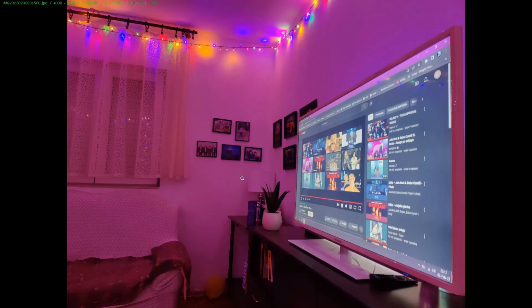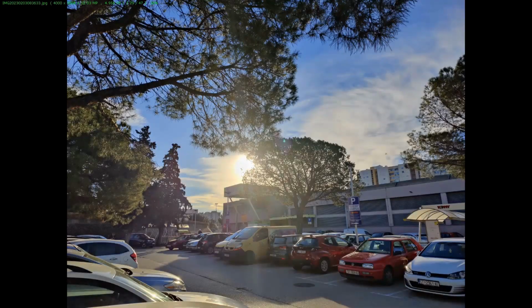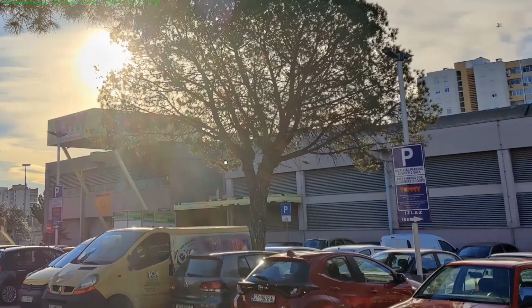Same thing, this is just a normal shot during the night. This is that same mode. You get those night atmospheric photos. Just a simple photo that I shot directly into the sun. It's actually very impressive. This is the early sun, so